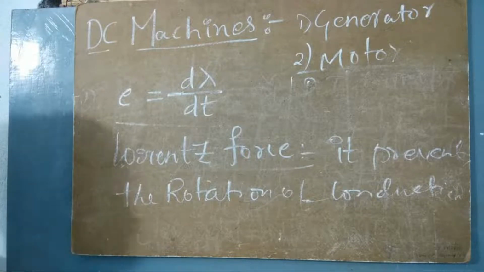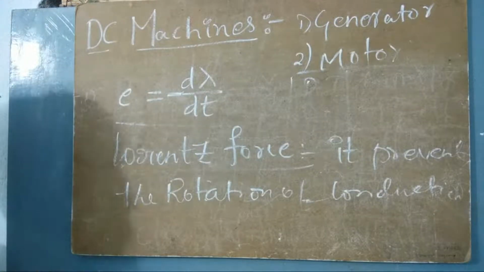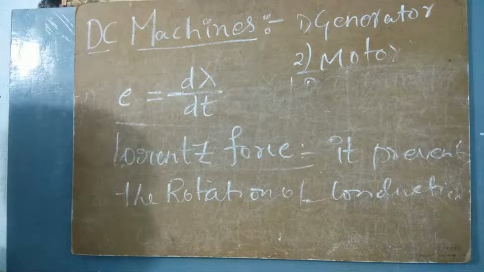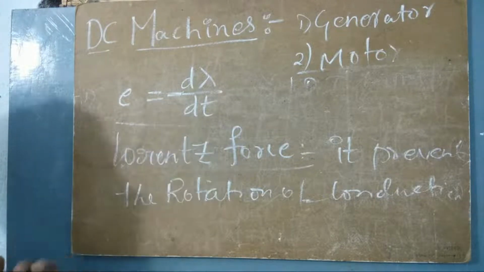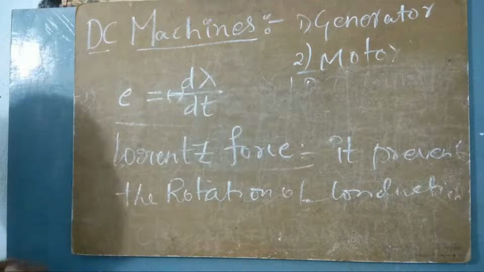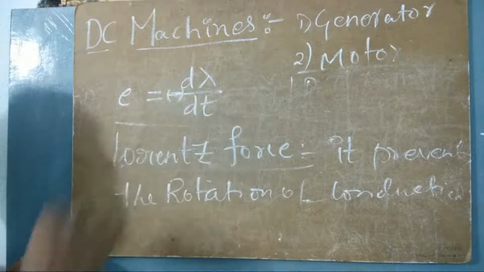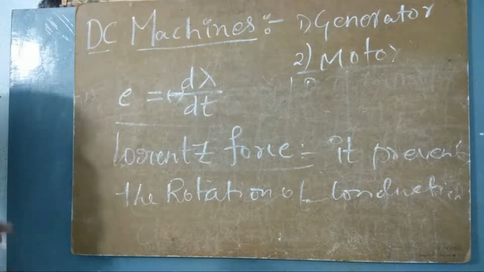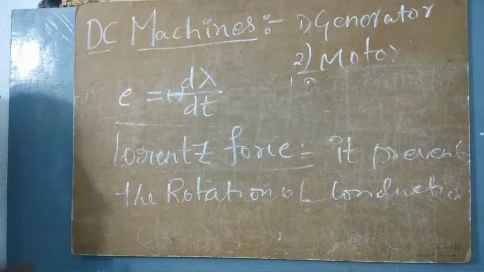So what Faraday is telling is that the EMF produced is equal to the rate of change of flux linkage with respect to time, but in the negative direction. It is producing, we know that, but it produces in the negative direction. This negative sign defines the direction of the force. If it were positive, there would be no restriction, you could move it and it would rotate over time.